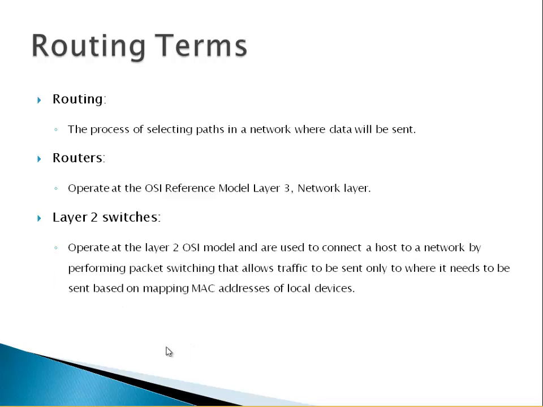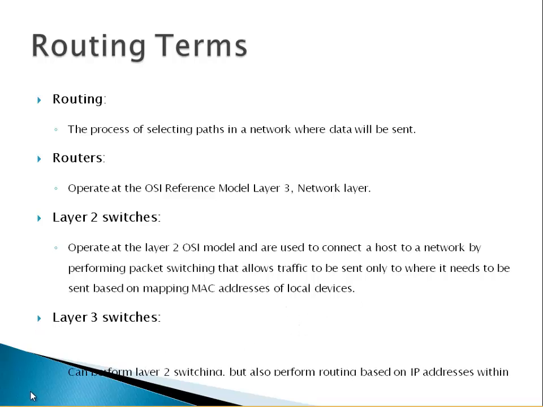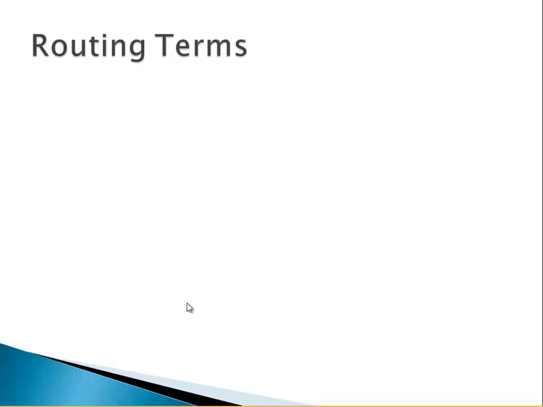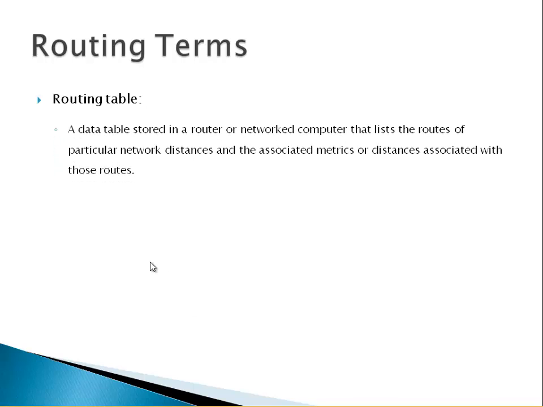These, for example, will be on the access layer of the network and operate at layer 2 of the OSI model. They are used to connect a host to a network by performing packet switching, which allows traffic to be sent only to where it needs to be sent, based on the mapping of MAC addresses of local devices. And then we have layer 3 switches. These switches can do routing as well, but only without WAN, because we can't put serial cards on them. Routing table: a data table stored in a router or network computer that lists